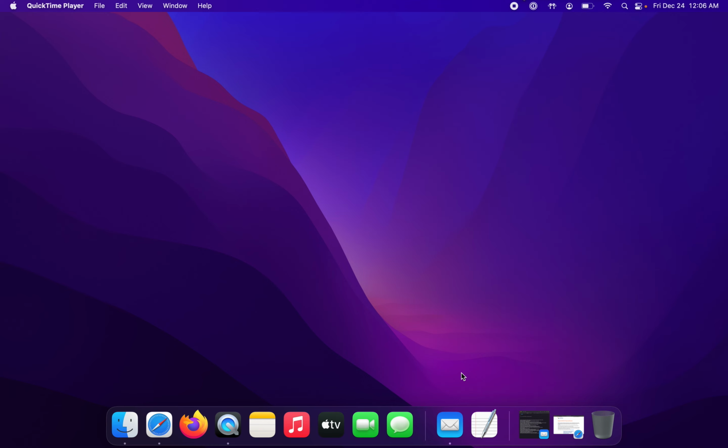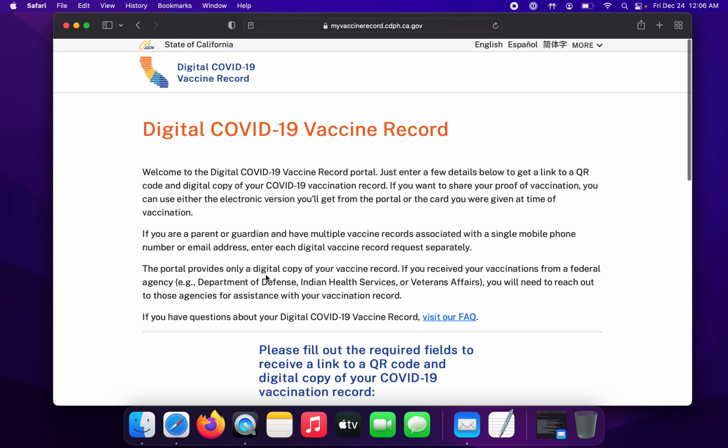And in this tutorial, I'll be showing you how to get a digital vaccine card for all California residents. Let's begin this tutorial. The first thing that we're going to do is go to this government website called